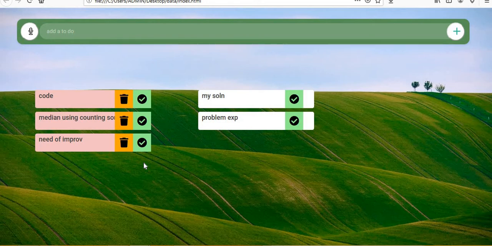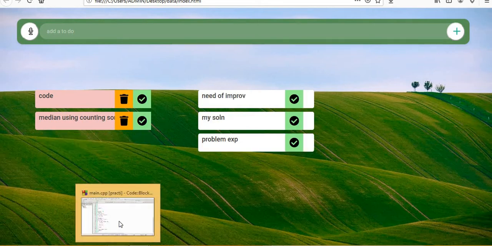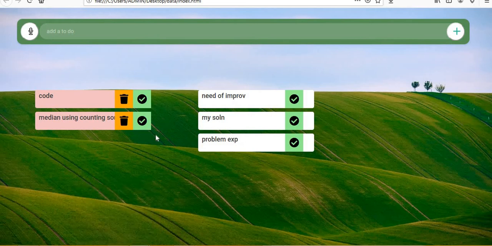This works for the given test cases. You can certainly pass those. However, it has higher time complexity and is not passing in the HackerRank test module. So that was the need of improvement. And now let me show you the improvised code that I did, median using counting sort.